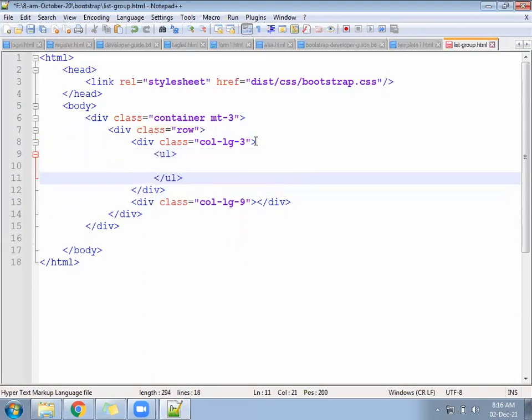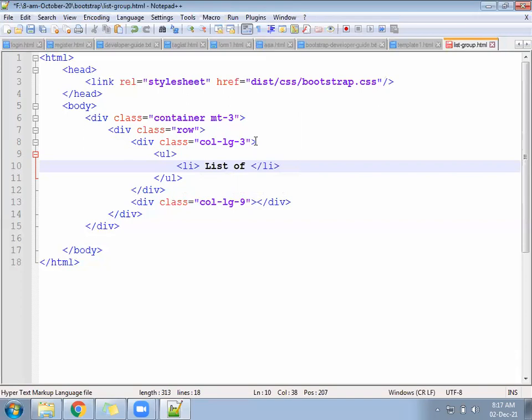We'll follow the UL tag and LI tag. List of category. Let's go ahead, add some category name.